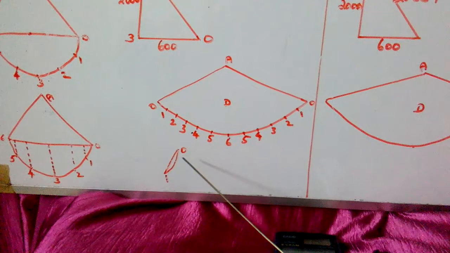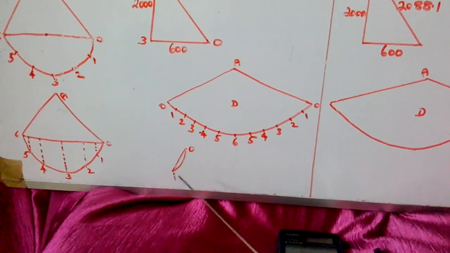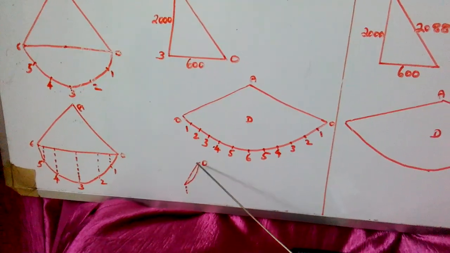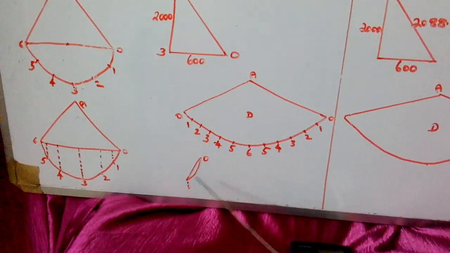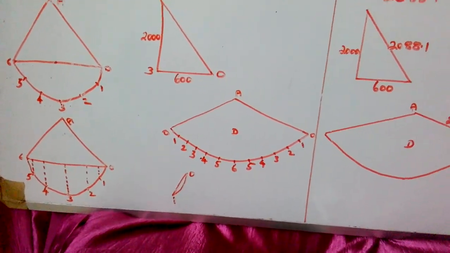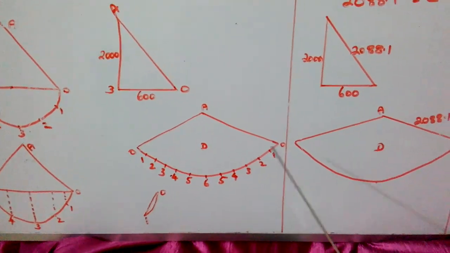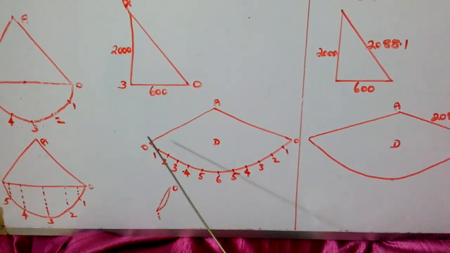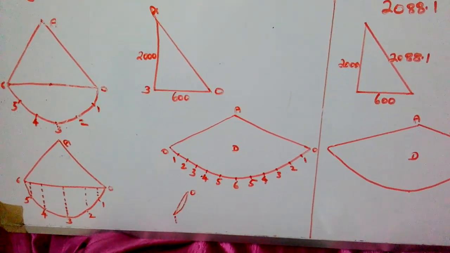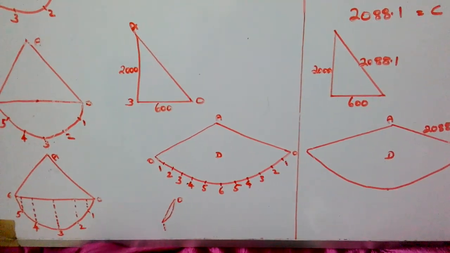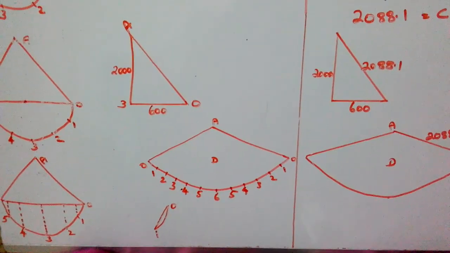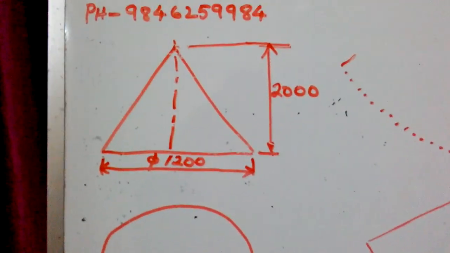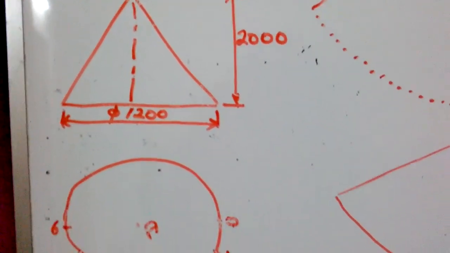0 to 1 is a certain portion of a round. But when we took it using the compass, it was a straight line. This straight line is less than this curved line. It means if we use this compass and make measurements from 0 to 1, 1 to 2, 2 to 3, like this, and complete 0 here, afterwards if we roll it and make a cone, its diameter will be less than 1200. It means we won't have accuracy. That is wrong.